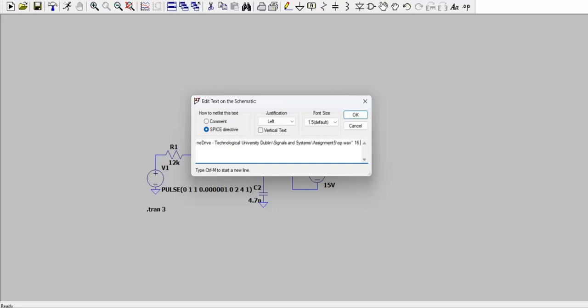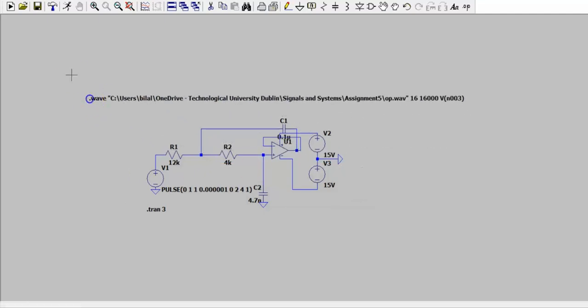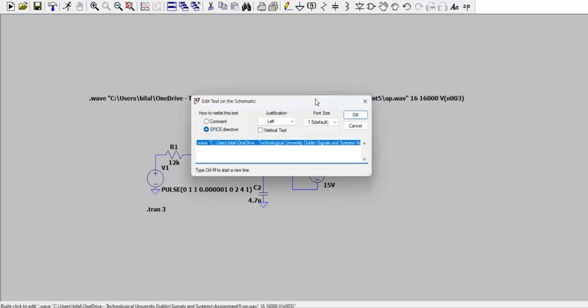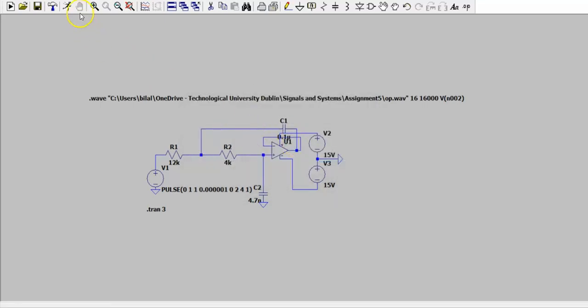Yeah, it's 16 bits and a sampling rate of 16,000. The output's at node 2 or 3. I think it's 3. We can just check that here. Oh, it's node 2. Okay, and then change that to 2. Okay, so now if we run it again,